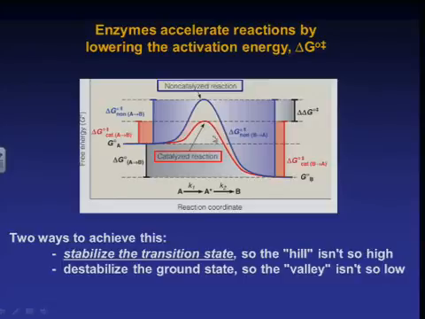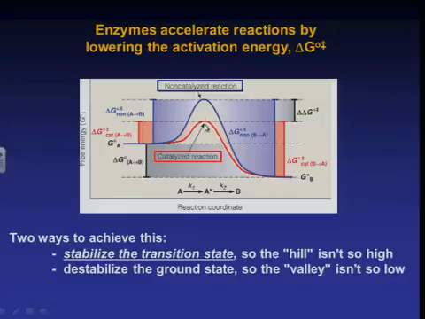So this delta G double dagger, right, if this hump is lowered, then at any point in time, you're going to have a greater number of molecules that are going to have enough energy to get over the hump. So that's why you have an increased rate. Now, if you want, this is a hill. If you have a hill